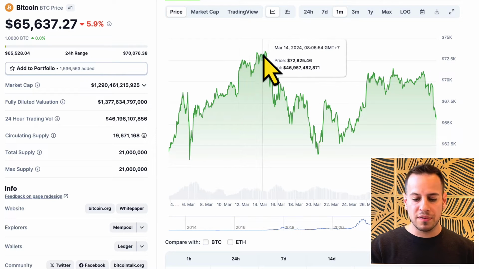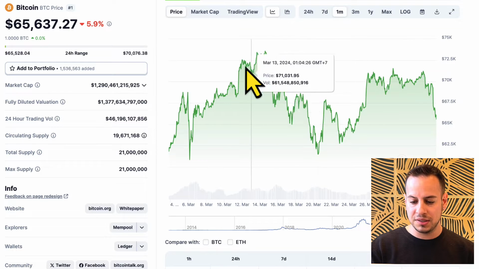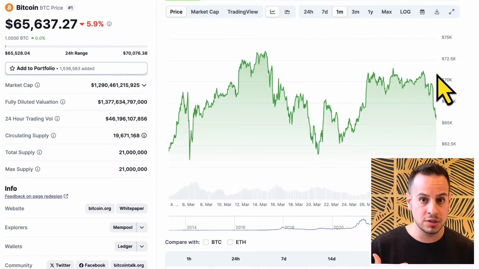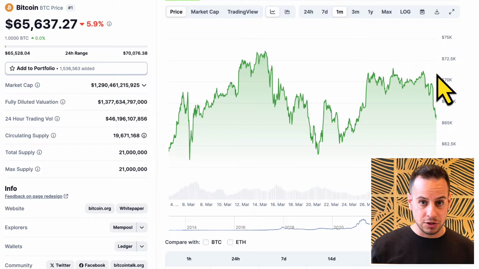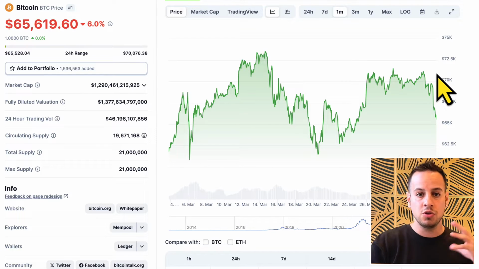So let's say you provided liquidity on the range between 60 to 70K for Bitcoin and USDT. What happens when the price of Bitcoin rises above 70K? It means that you're going to get out of range. So your liquidity is not working anymore and all your assets will be converted to the less performing asset. Since Bitcoin went up, the less performing asset is the stablecoin. So all your money will be converted to USDT.